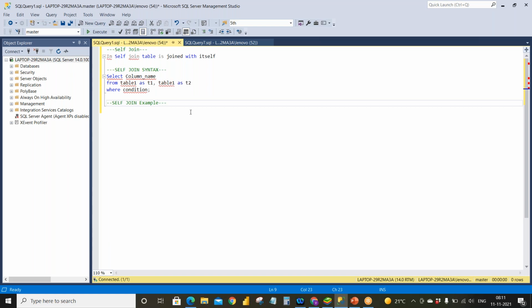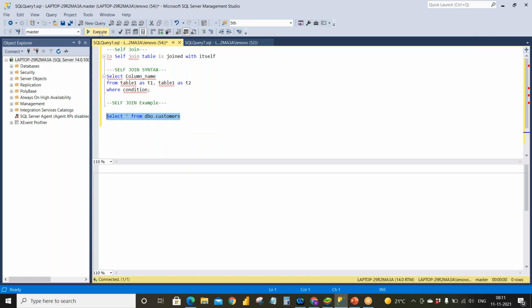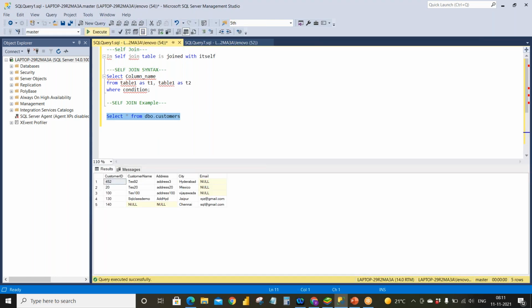Now I want to get the customer name of this table and customer name of the second table, that means this other alias table, who belong to the same city. Here no one belongs to the same city, so let's see some other table.